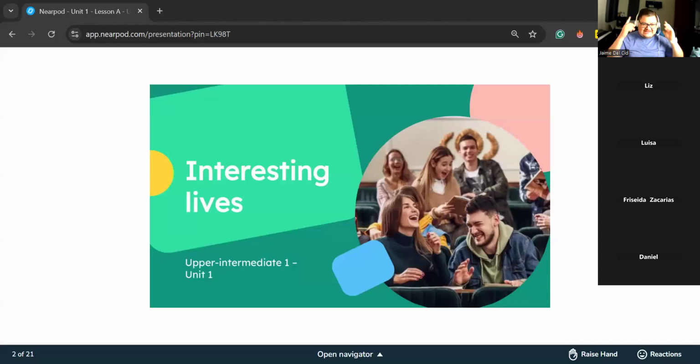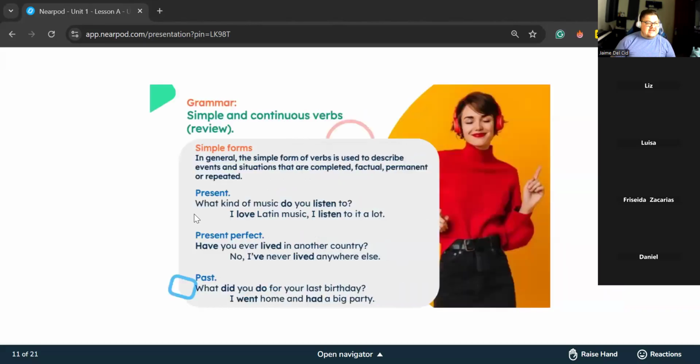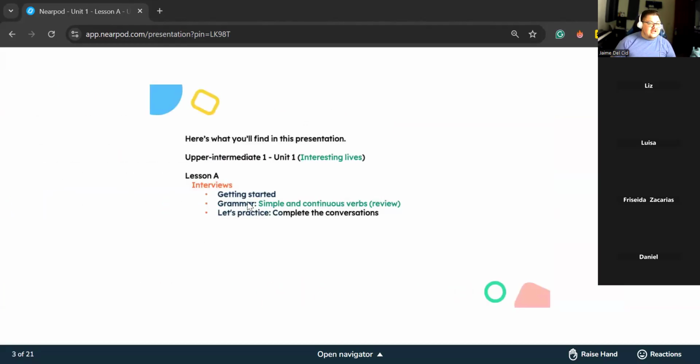So I want to touch base again on this specific topic. The topic that we have been studying is the simple forms versus the continuous forms. So I mentioned this yesterday. It was simple and continuous verbs. It's a comparison just to make sure that we are understanding and of course that we are able to identify